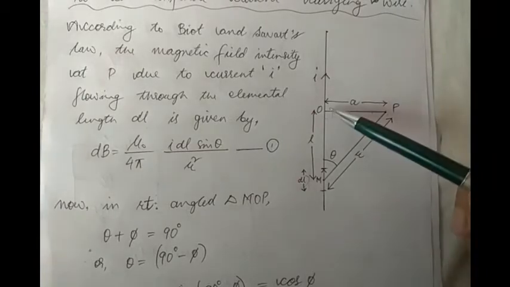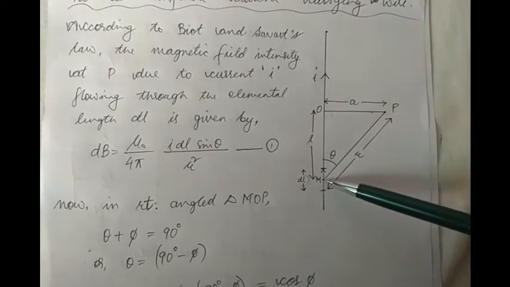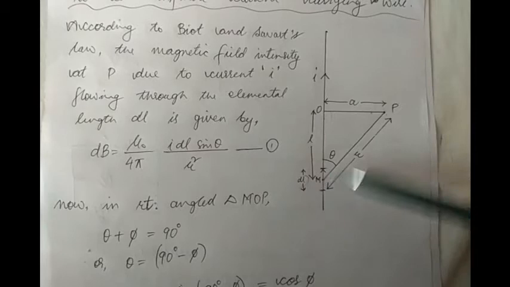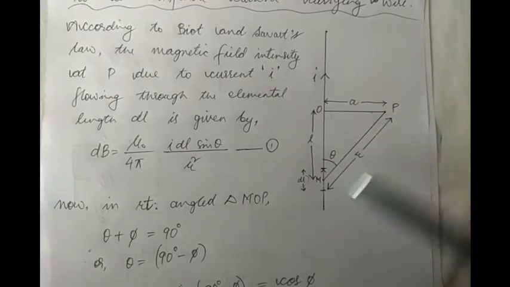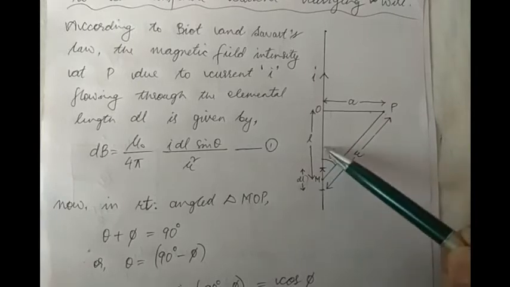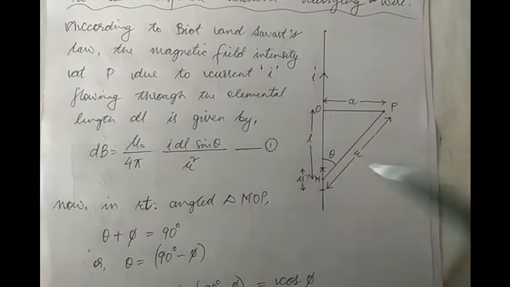Let us suppose this distance OM, where M is the midpoint of your elemental length, is L. These small DLs make up your length L. Don't forget that. Since this is a right angled triangle MOP,